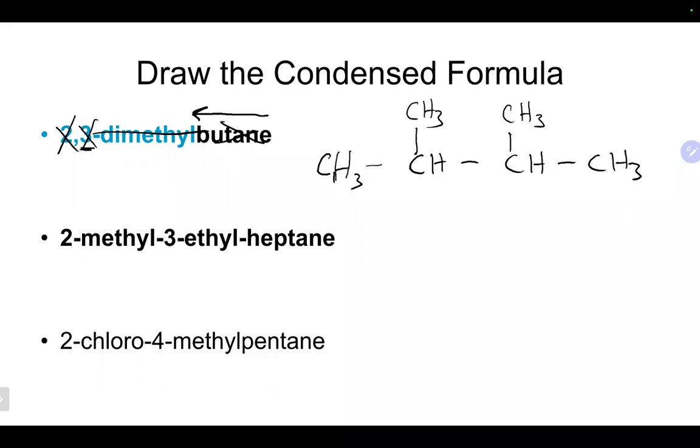All right, why don't you try the other 2 there and see what you come up with. Let's take a look. Once again, you can start backwards. We're going to go with heptane. So heptane tells us it's 7 carbons. Let's start over here. 2, 3, 4, 5, 6, and 7. Takes care of that. I'm again going to call the guy on the left 1,